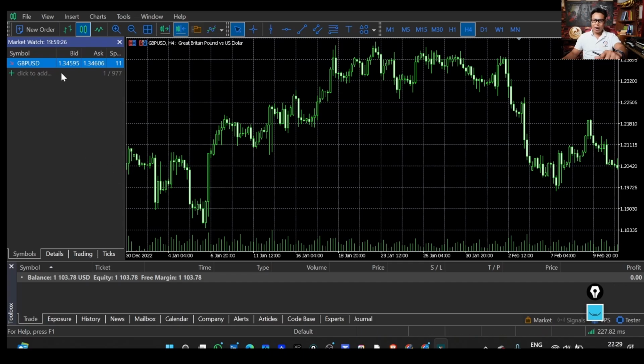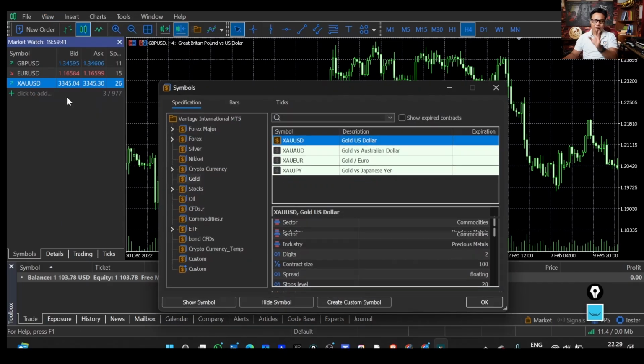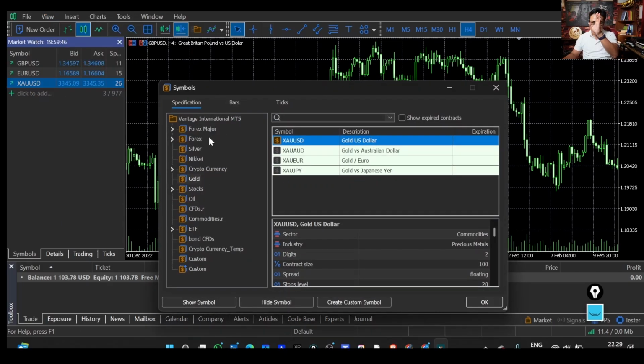Okay, so we will try to add a few asset classes, like Euro USD. If you don't know what asset class you want to add, you can go check the abbreviation of the asset class by clicking on View. When you click on View, click on Symbols. When you double click on Symbols, you'll find the available asset classes or sectors with Vantage